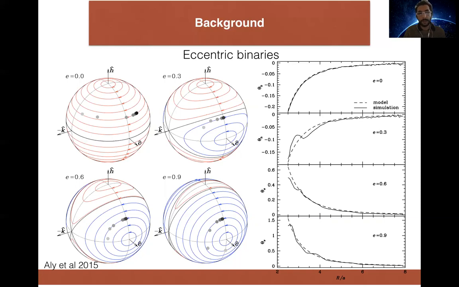But then when you increase the eccentricity to 0.3 or 0.6, you'll see these blue contours, and they are actually around the eccentricity vector. And the phase space of this precession around the eccentricity vector increases with increasing eccentricity. And so for the 0.9 eccentricity case, you see that pretty much all misalignments that are higher than 10 degrees will end up in the polar alignment regime. And on the right here is just a comparison of the analytical model we came up with in comparison with the simulation. The agreement is very good indeed.